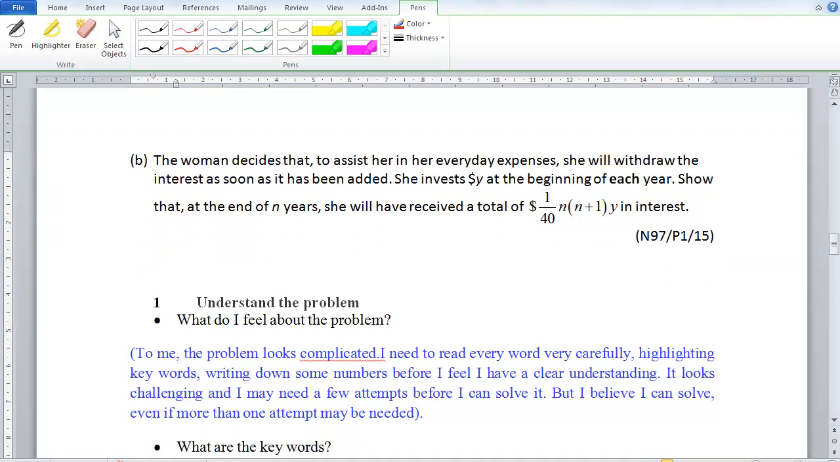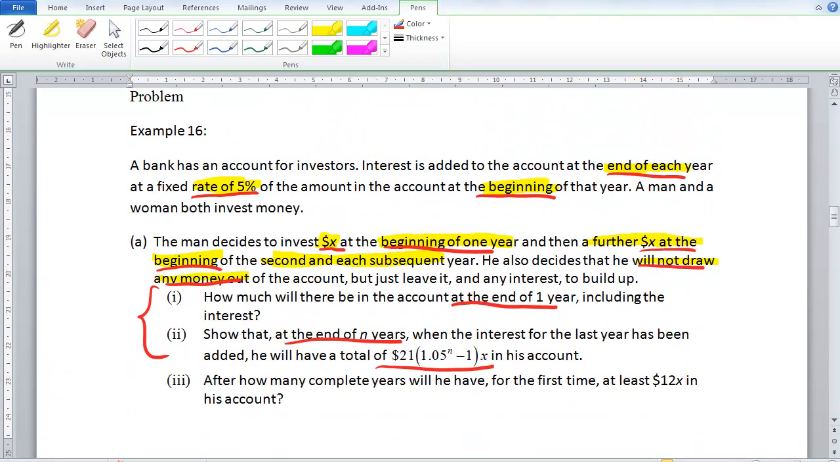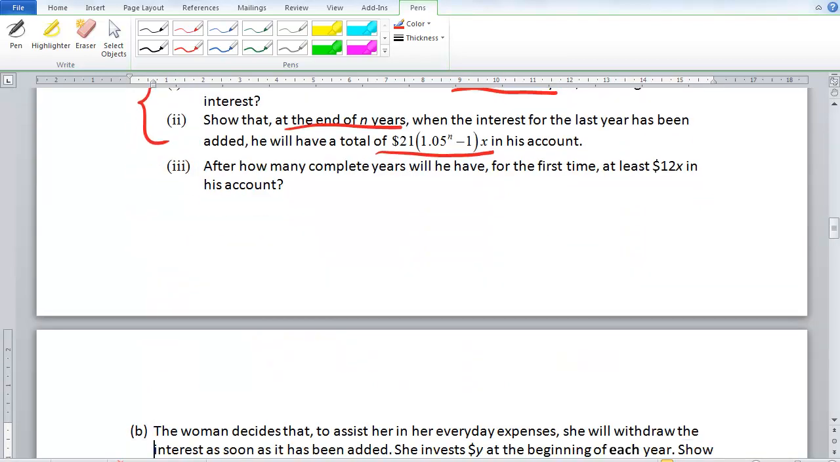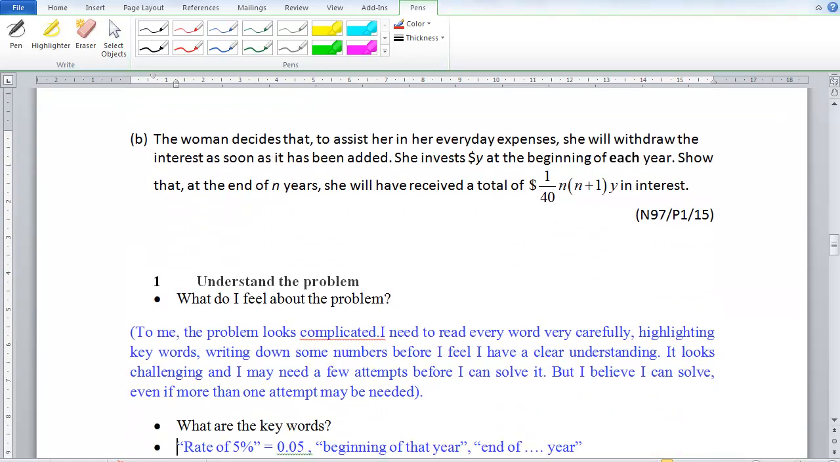Well, to me, the problem looks complicated. I need to read every word very carefully, and I highlight keywords, and I probably need to write down some numbers before I feel that I have a clear understanding. It looks rather challenging, and I may need a few attempts before I can solve it, but I believe I can solve it, even if more than one attempt may be needed. And when I believe I can solve it, I'll keep trying. When I reread and reread, I'll be able to pick out information and see from alternative angles. Alright, now after that,